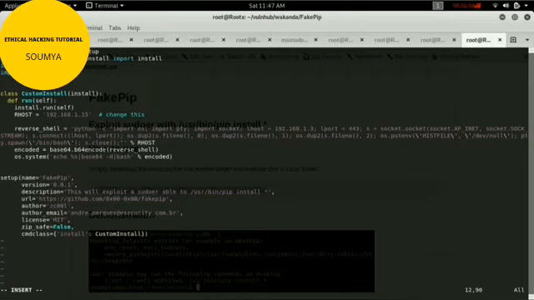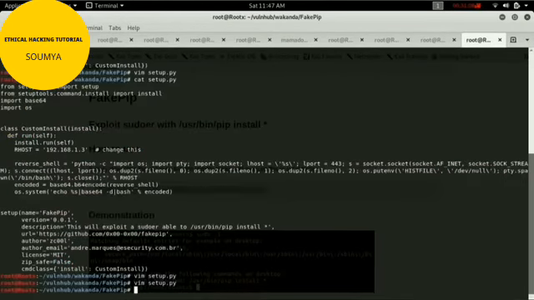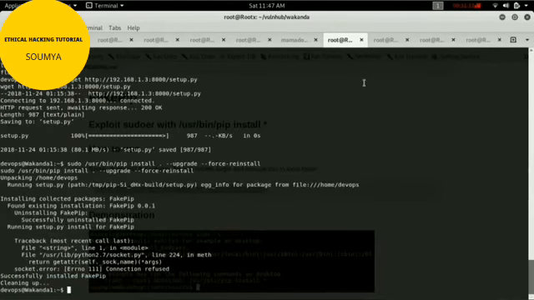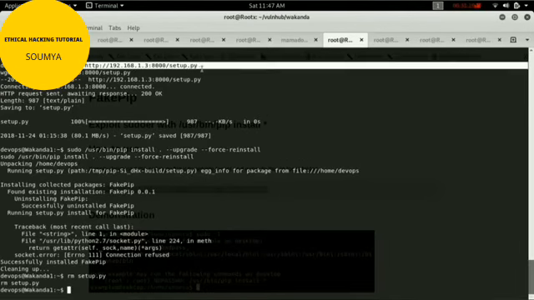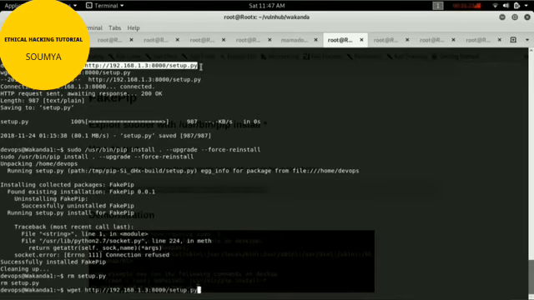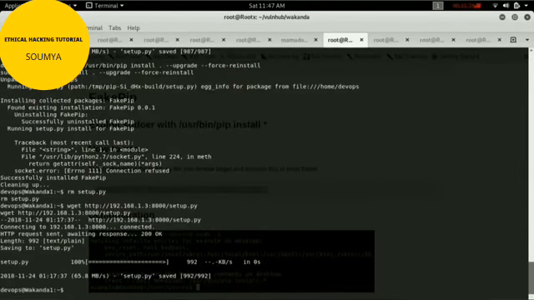I hope it will work. Let me save this document file and let me clear that one. Just download new setup.py. Run the sudo.